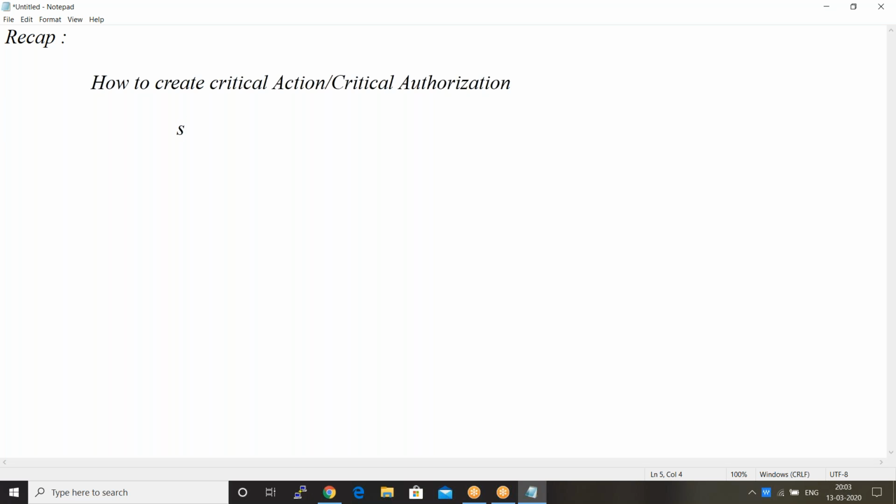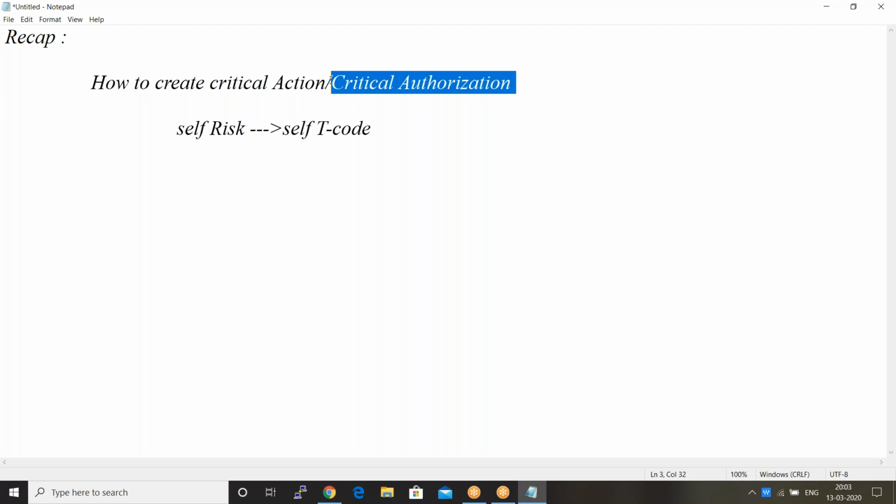I have to make a transaction code. A critical action is nothing but a transaction code, in GRC language you call it an action. Okay, so in the last class you discussed how I can make one transaction code critical.